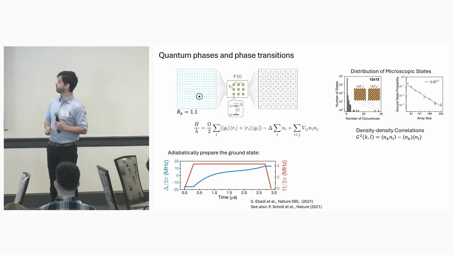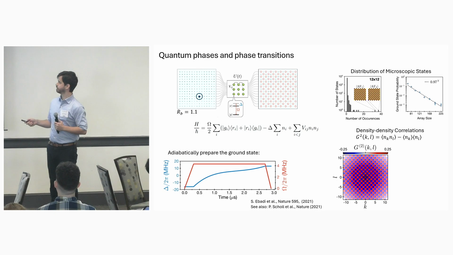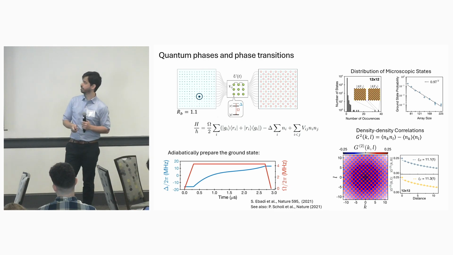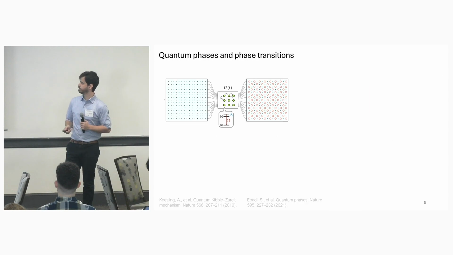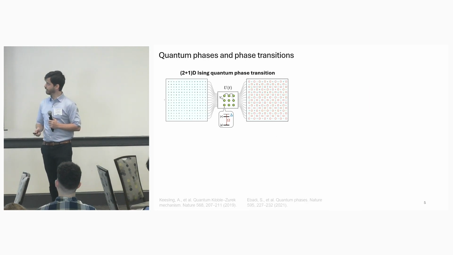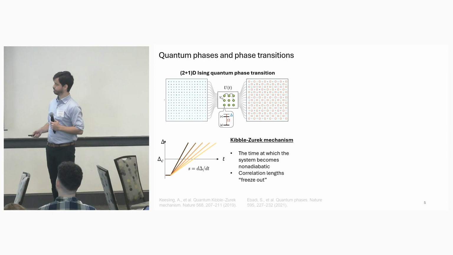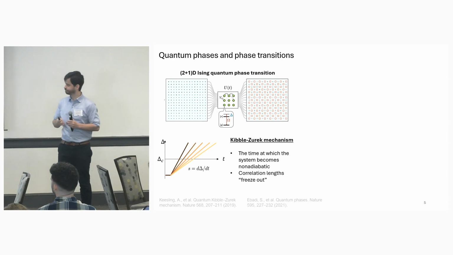And we can look further to the density correlations to quantify this long range order, and you see that the correlations are built up along the entire system essentially. Great, so we have this ability to adiabatically go into this ordered state. And now I'm claiming that there's this Ising quantum phase transition here. Let's explore that. So as Trond mentioned, there's this important Kibble-Zurek mechanism, which tells us essentially that as